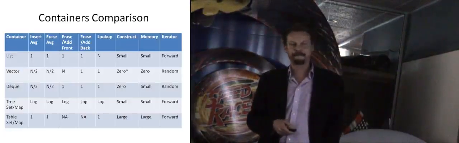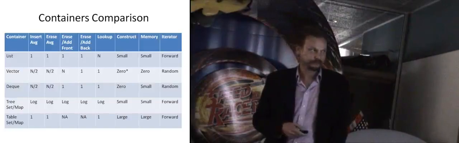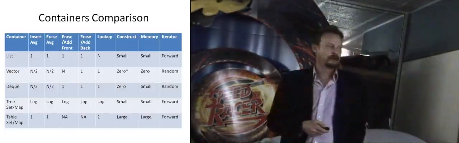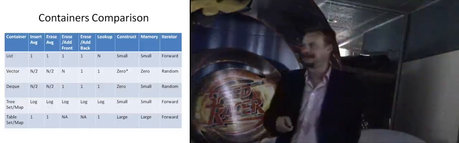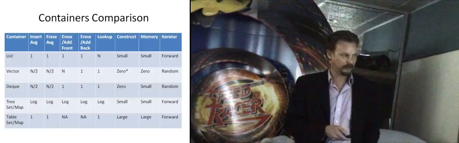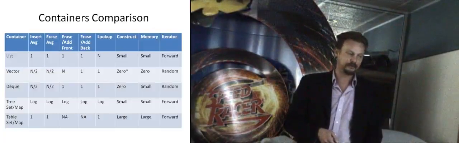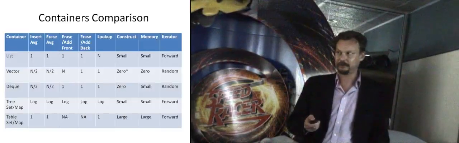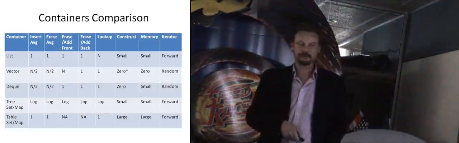I guess the one thing we want to add to that is the memory fragmentation characteristics. So you just talked about the memory size requirements. So we've got the contiguity, which is: are they contiguous in memory or not? The ones that are contiguous in memory here are vector and table. Again, table is a term that I'm just using to describe everything that's based on hash table or unordered. As Craig pointed out, it's just a word I've made up, but to me it makes sense. You've got lists, vectors, maps, and tables. You know that maps are tree-based and tables are table-based.